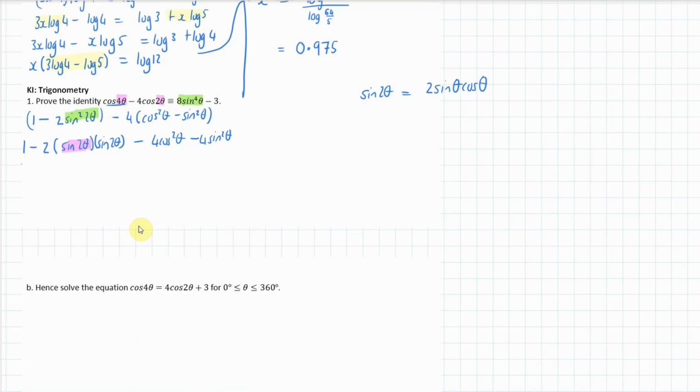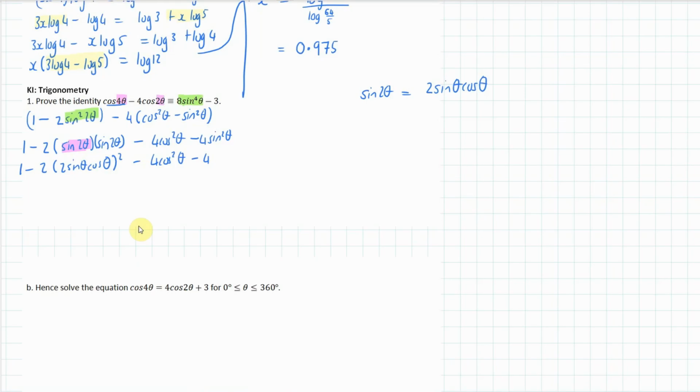So what we're going to have in the next line is 1 minus 2, and then it will be 2 sine theta cos theta, and then squared, take away, and I've got the same thing here, 4 cosine squared theta